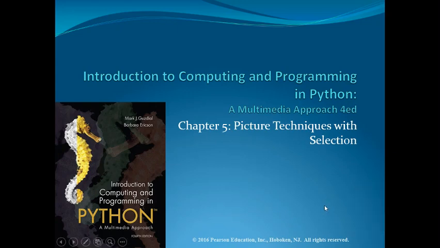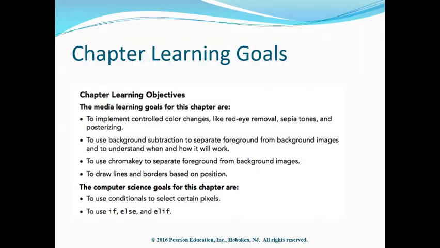Hey everyone, this is the Introduction to Computing and Programming in Python, a multimedia approach, the fourth edition, chapter 5, Picture Techniques with Selection. So the learning goals for this chapter are to implement controlled color changes like red eye removal, sepia tones, and posterizing, to use background subtraction to separate foreground from background images and to understand when and